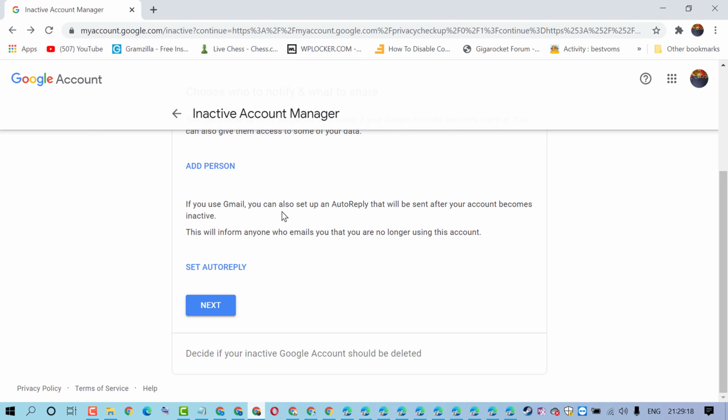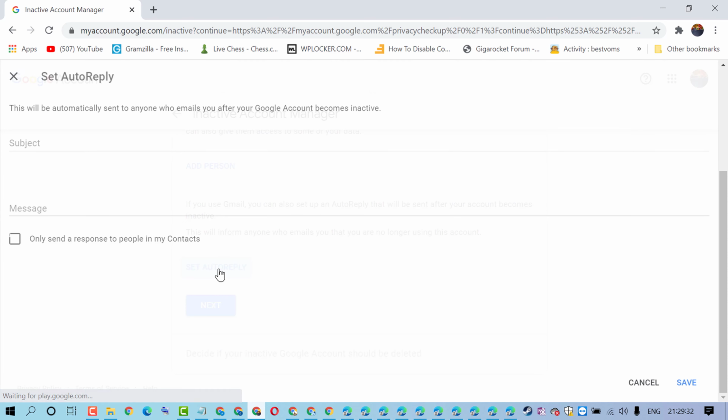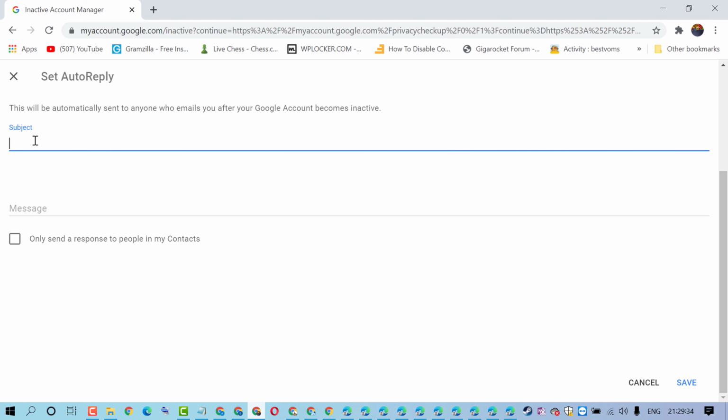If you use Gmail, you can also set up an auto reply that will be sent after your account becomes inactive. This will inform anyone who emails you that you are no longer using this account. So set auto reply. Subject.